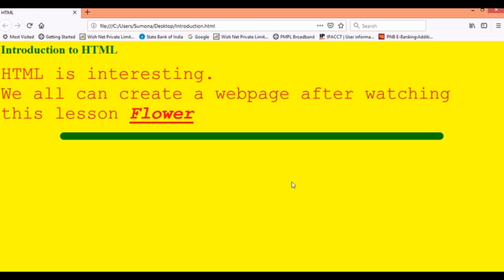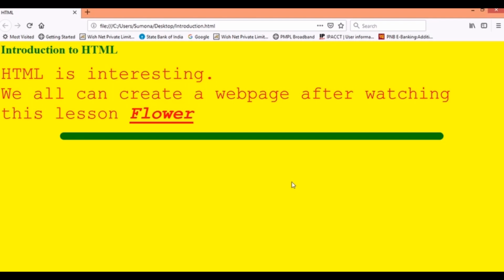This is coming in red because we have set the font color as red. And this flower, it is coming as italicized and underlined and bold because we have used all those three tags. We are seeing a green line which has taken only 75% of the browser window. So the color is green because we have set the color as green.